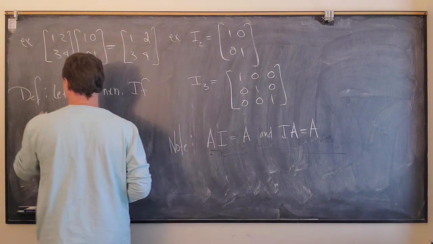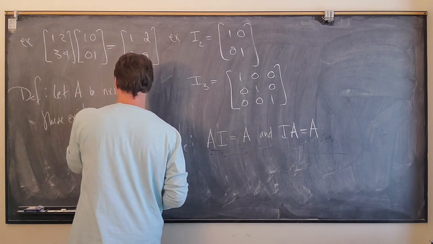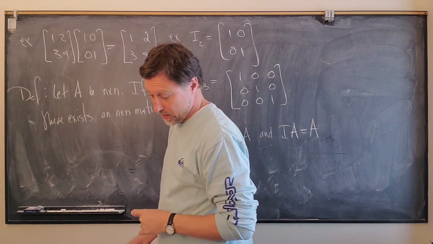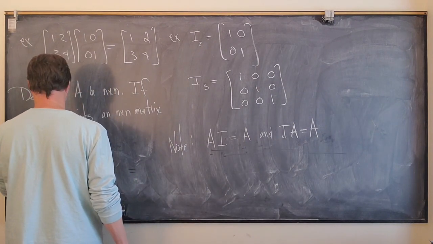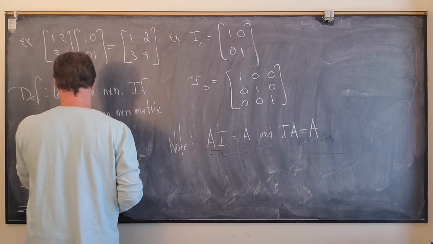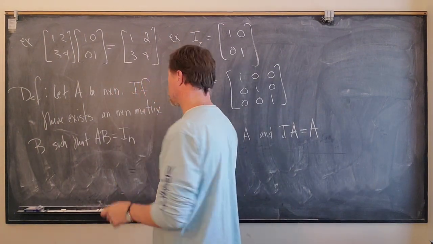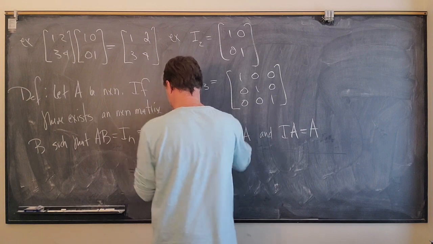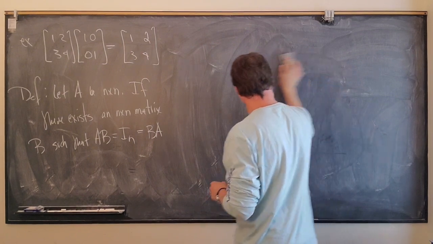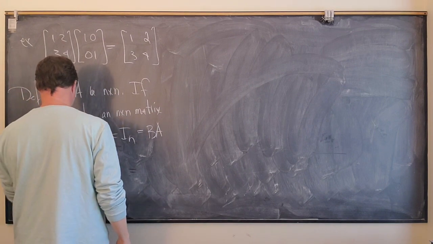If there exists an n by n matrix, call it capital B, such that AB equals the n by n identity matrix, which equals B times A, then matrix A is invertible